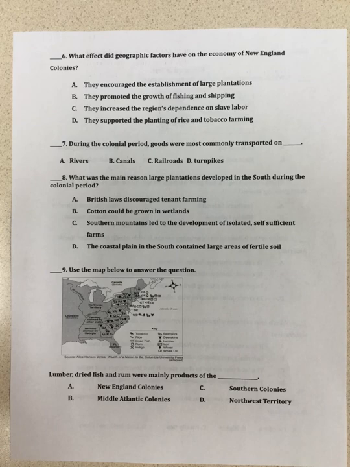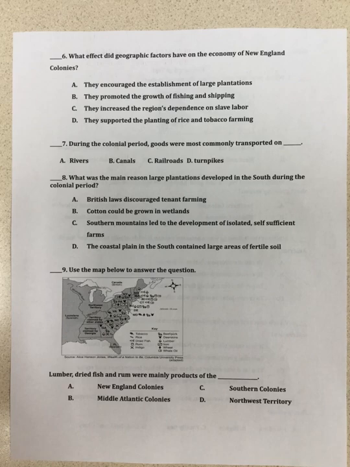Question number 9. Use the map below to answer the questions. If you look at the map, you'll see a legend that gives you information about what is being sold in the plantations, or what is being grown in the plantations, or the type of work that is being done in the plantations. Lumber, dried fish, and rum